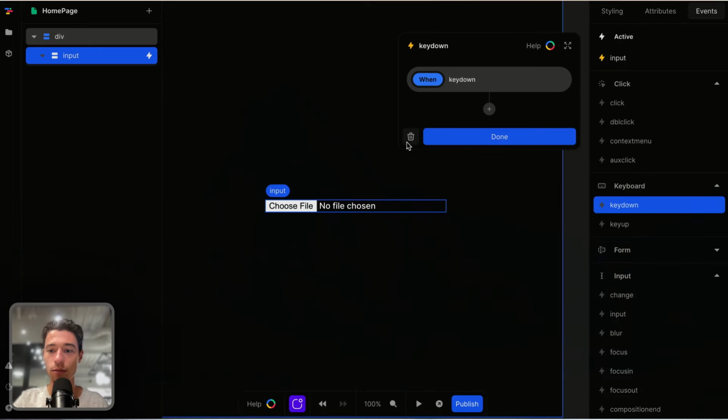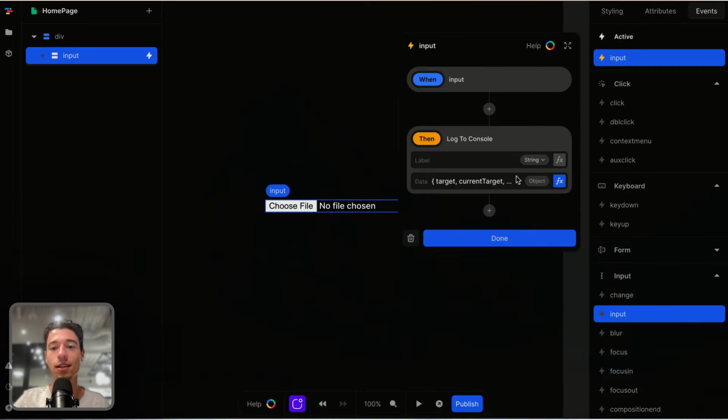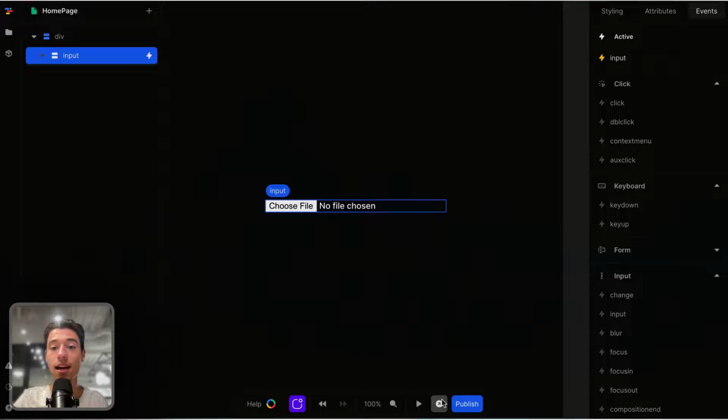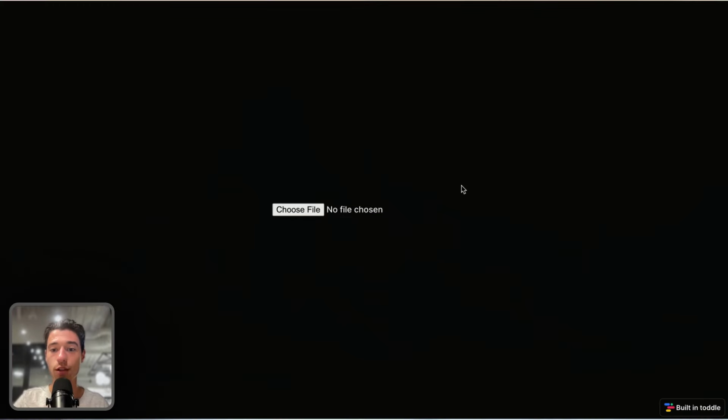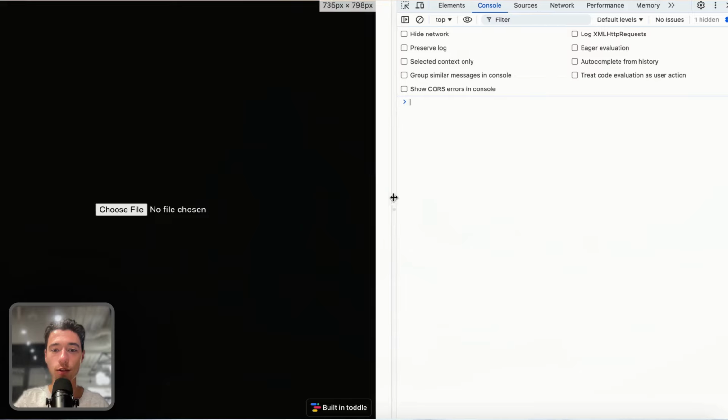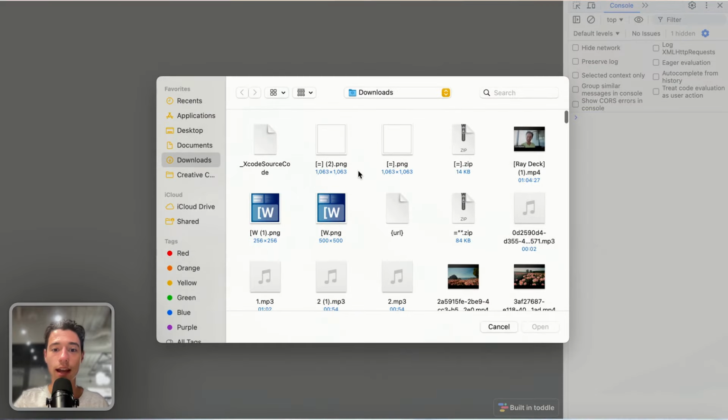I did not want to do key down. The only thing you need to know is input. We do a console log, and we just want to return the whole event data because we want to see how the event looks. So let's open inspect elements. Let's go to the console. Now there's nothing in the console. And now let's just